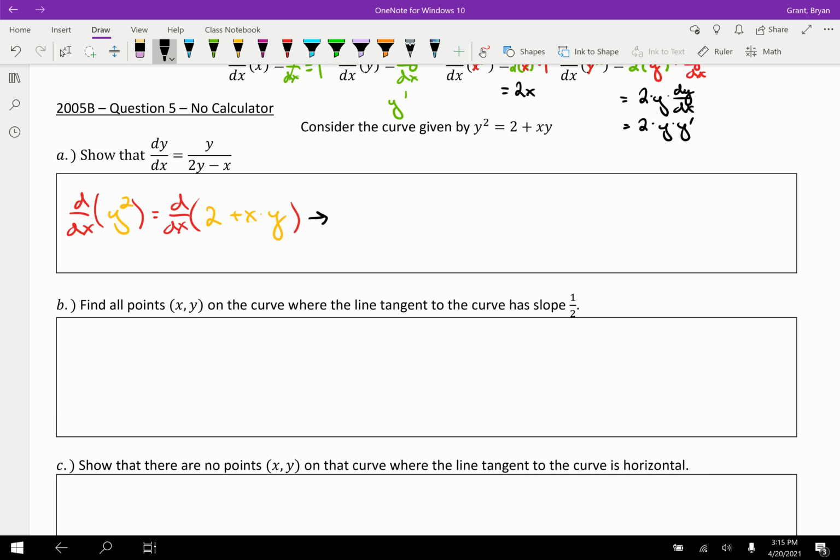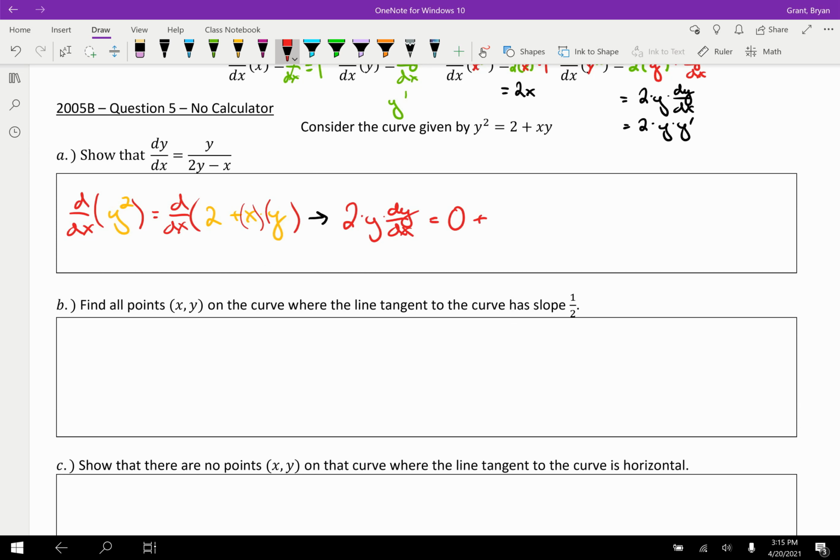So I'm just going to do an arrow so I can see what's going on, and we're going to work with the left side first. d/dx of y squared, we did that up above, no reason to show the extra work. It's 2 times y times dy/dx, equals, then the right side, the derivative of 2 is 0,